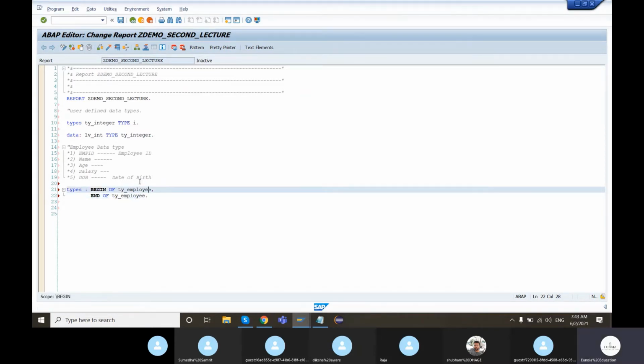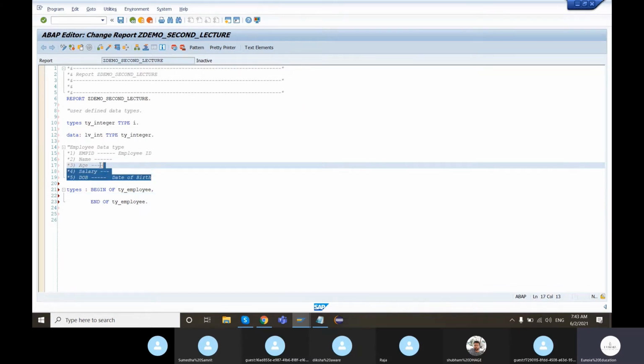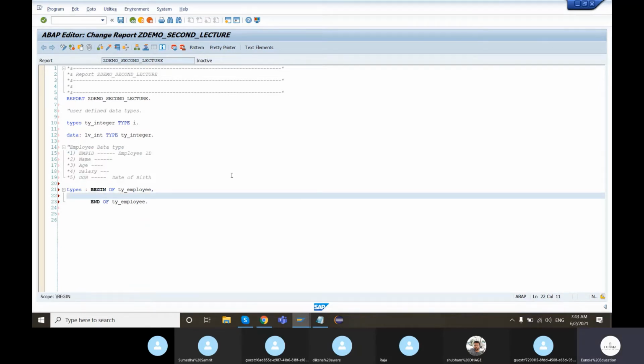Effectively, what I am doing here is creating a structured data type. If you try to match an analogy with C programming, I'm trying to create a structure containing these five fields. So the first field is EMP ID of type N, numeric character, of length 5.